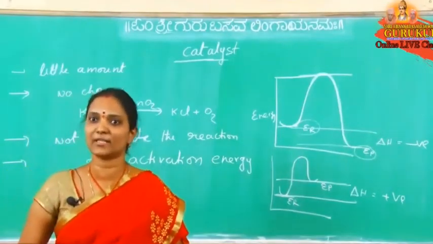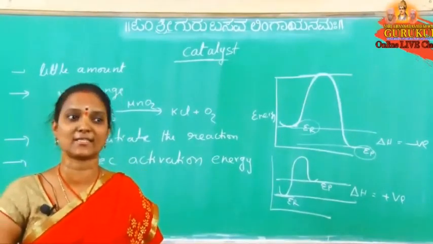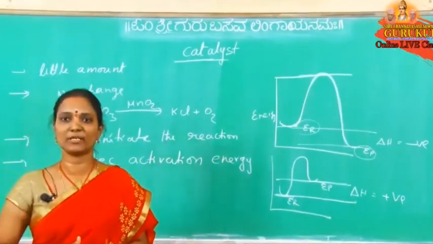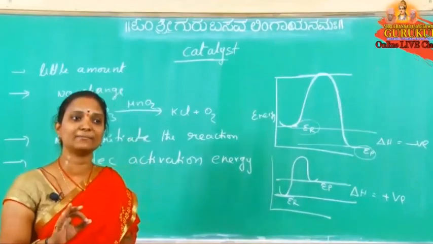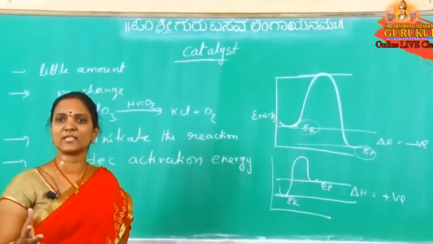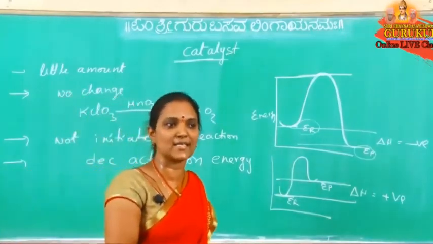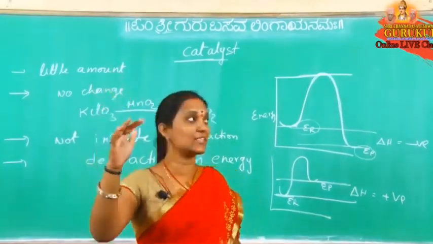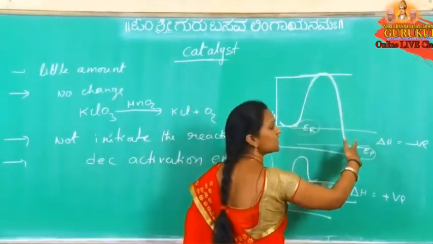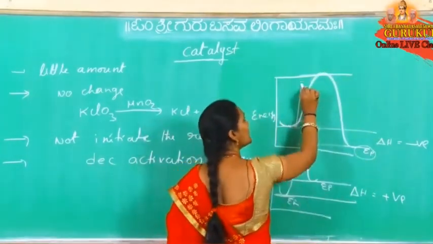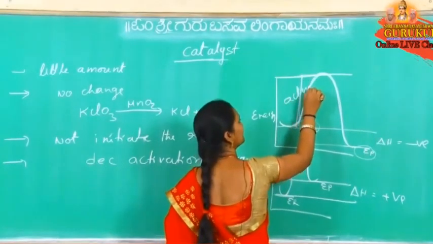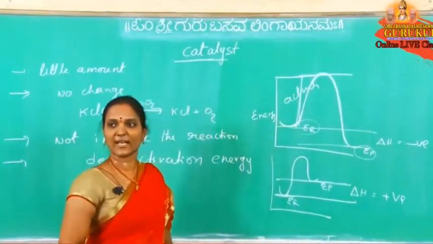In states of matter we learned the kinetic molecular theory of gases. Molecules collide with each other, energy transfers from one molecule to another, but the overall kinetic energy remains constant. Did we learn this point or not? So energy transfer means some molecules get less energy and some molecules get more energy. Some molecules reach this point, the threshold energy, and then they change to products. So how much energy is gained? That energy is the activation energy.